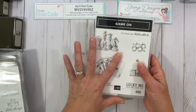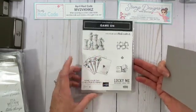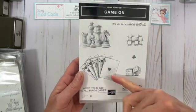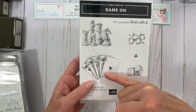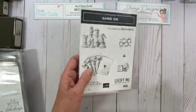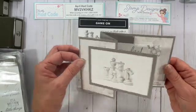This set I made a lot of cards with. I only have 1 left. I gave them out a lot. It was great for making masculine cards, and good. I use the, what are these called? Deck of cards, for like a lot of our friends play poker, and so it was just a great card to send out for my nephews, and